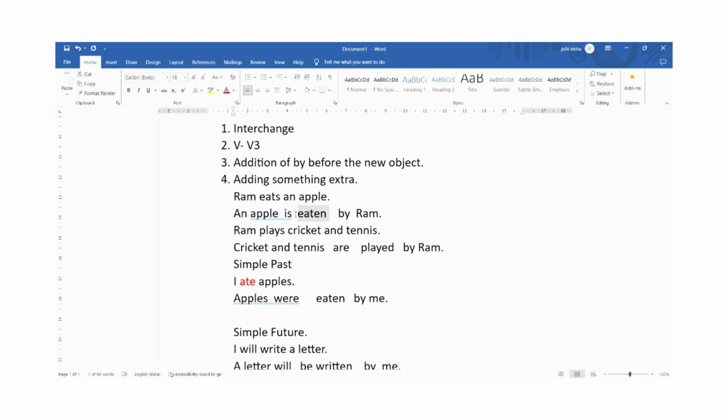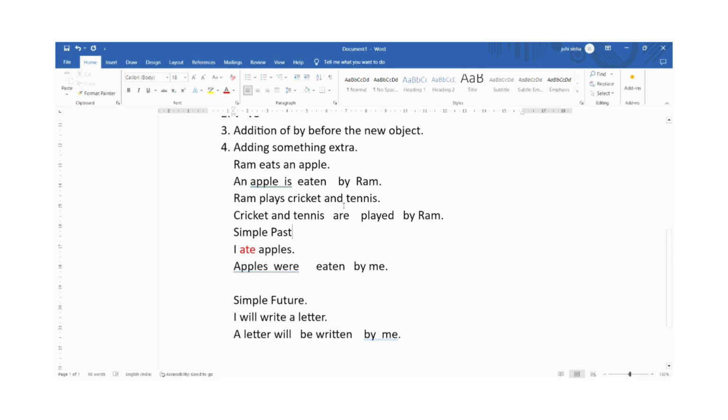चलो दूसरा sentence देखते हैं. Ram plays cricket and tennis. ठीक है? तो सबसे पहले we brought cricket and tennis in front, Ram at the back. Rule number 2, changing the verb into V3. So we change plays into played. Rule number 3, adding by before the new object, that is Ram. And rule number 4, adding something